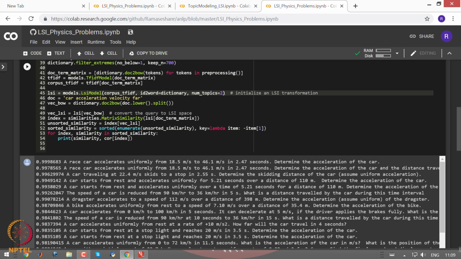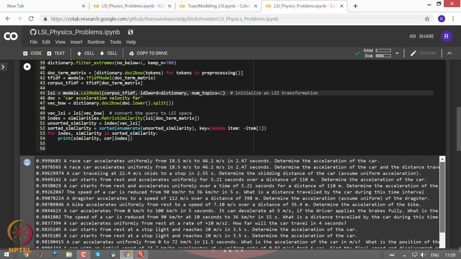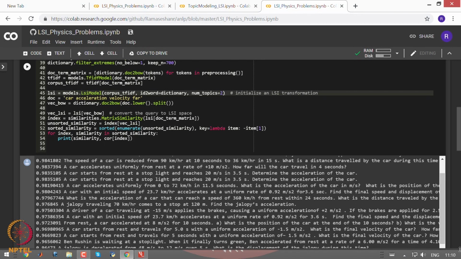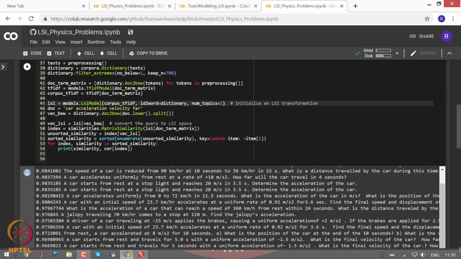And then we can see many car related documents here. Even you can see a jalopy there, and then there is a bike I saw somewhere. So, the documents that contain similar values as in the query are now listed.